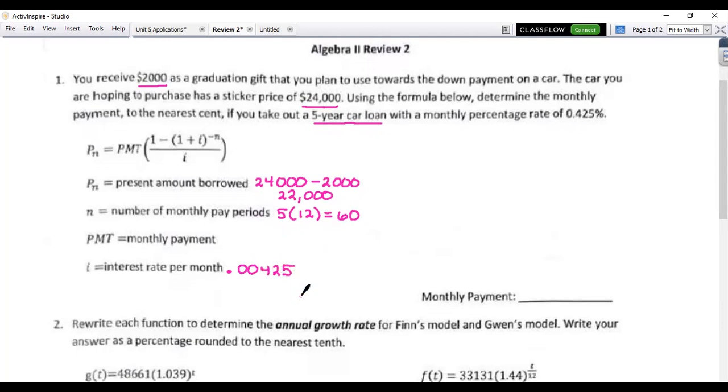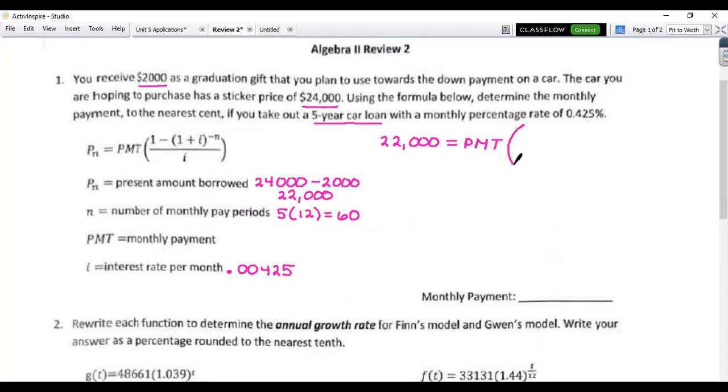All right, we would like to calculate what your monthly payment would be and if you can afford this car or not. So the amount that I borrow is $22,000. Equal to, PMT is unknown. If that bothers you, you could just write it as an X if you prefer. It's up to you. So PMT,